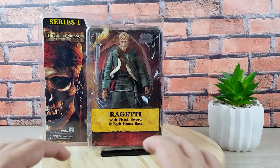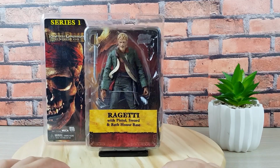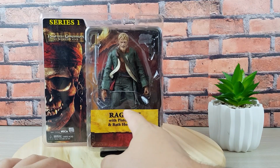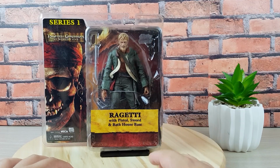Arr, mateys! Welcome to the Pirate Cave. Today we are looking at Ragetti, the pirate from the Pirates of the Caribbean series. As you can see, we have a big clear window through which we can see the figure. Then we have the figure's name, Ragetti of course, and some of the accessories he comes with: pistol, sword, and